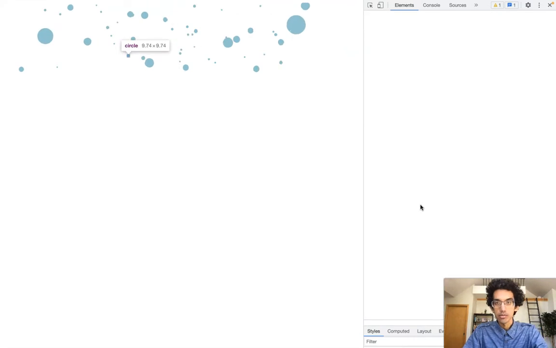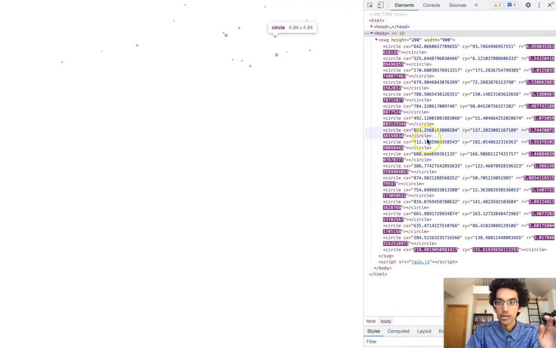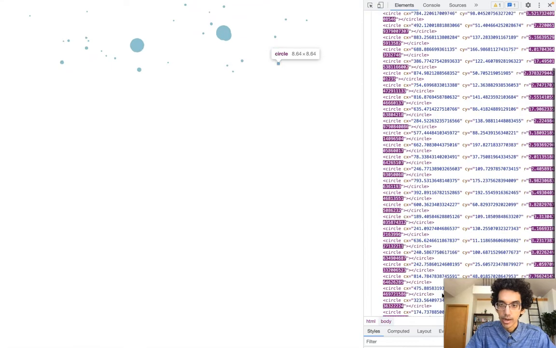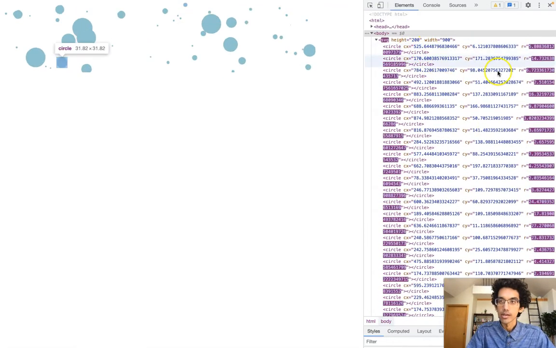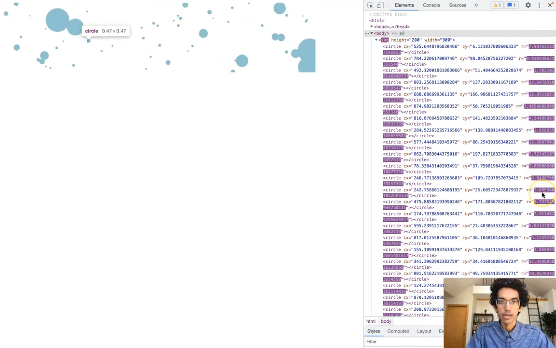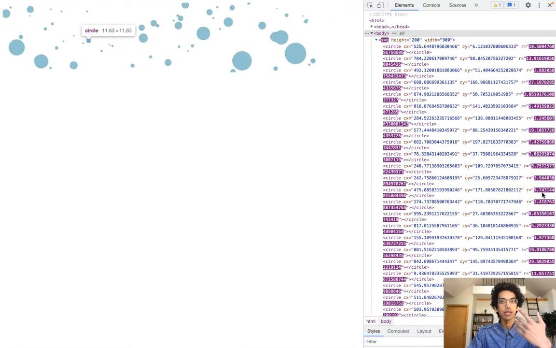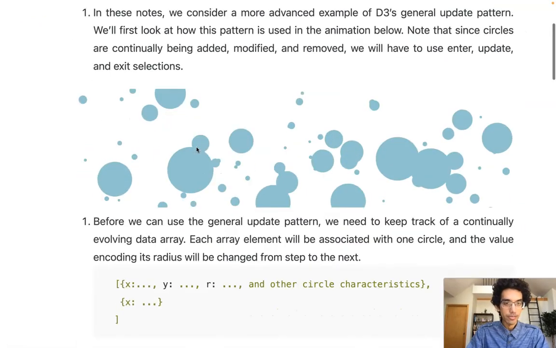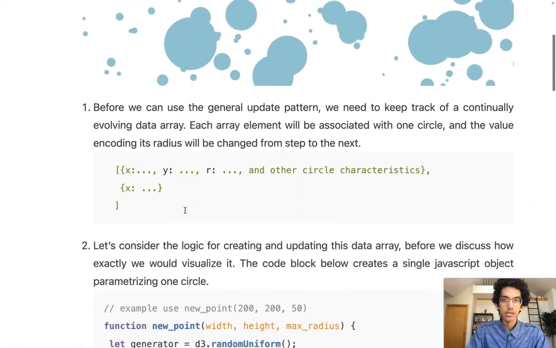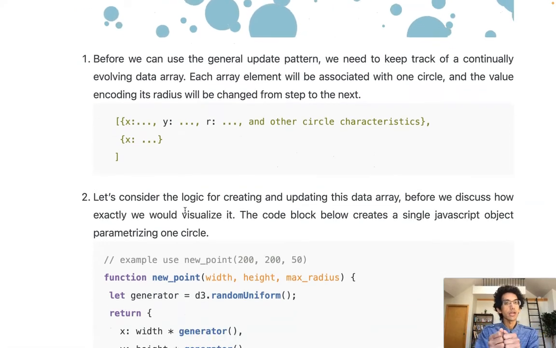So I'll start it off fresh. There are not too many circles, and then a lot of the circles are being added. Some of them are being removed, and the radii are all changing at every moment. Right? So how do you create this sort of dynamic document? We'll see. So first things first, we're going to need some sort of data array that's going to keep track